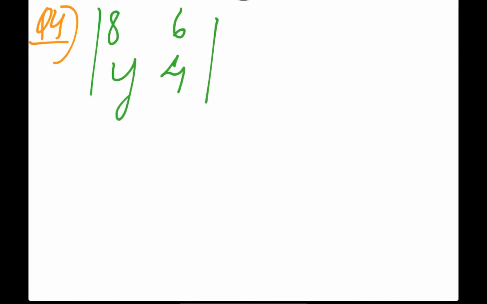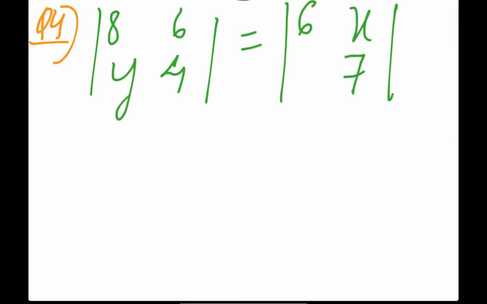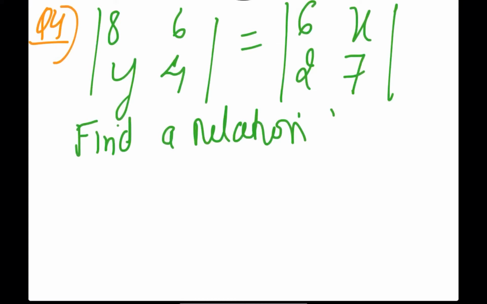Next question, number 4. Again I have been given two determinants here. Okay, these are two determinants, and I have been given that they are equal. I have to find the equation between x or y, or simply they will be giving you find a relation between x and y is the question. Okay, of course you can see that we are given two variables here. Of course we cannot solve it directly, so we will only get a relation. We cannot get the values from here.